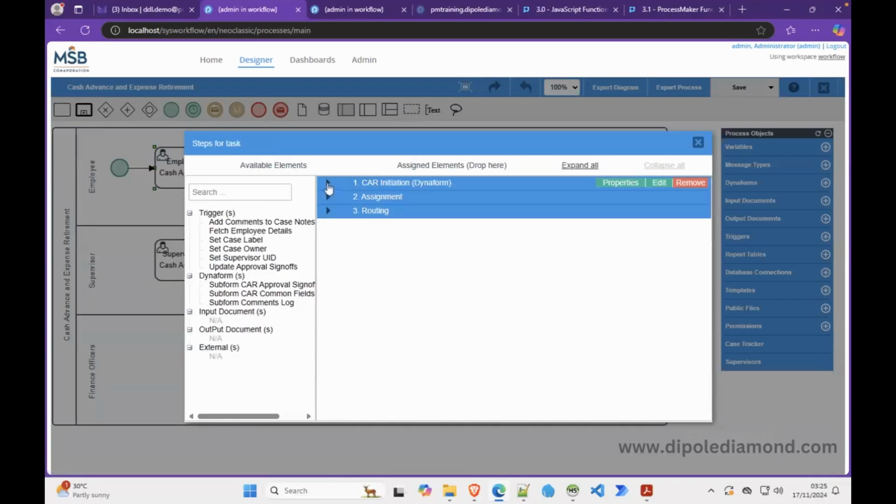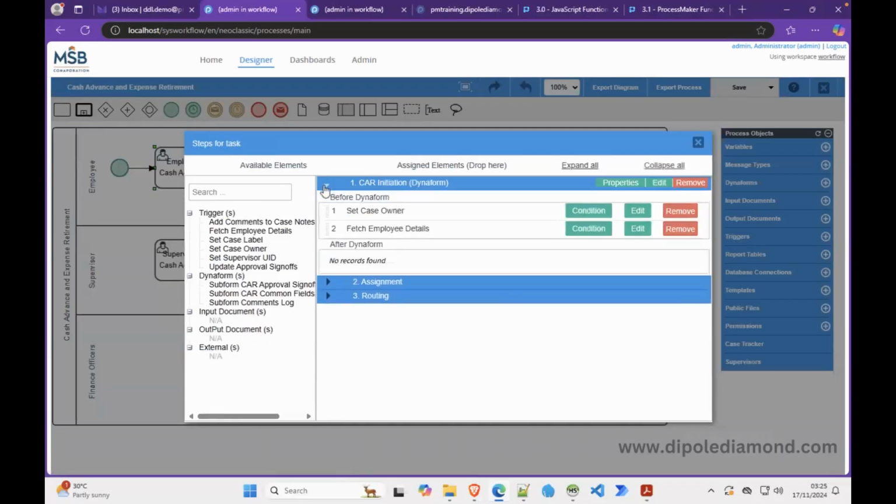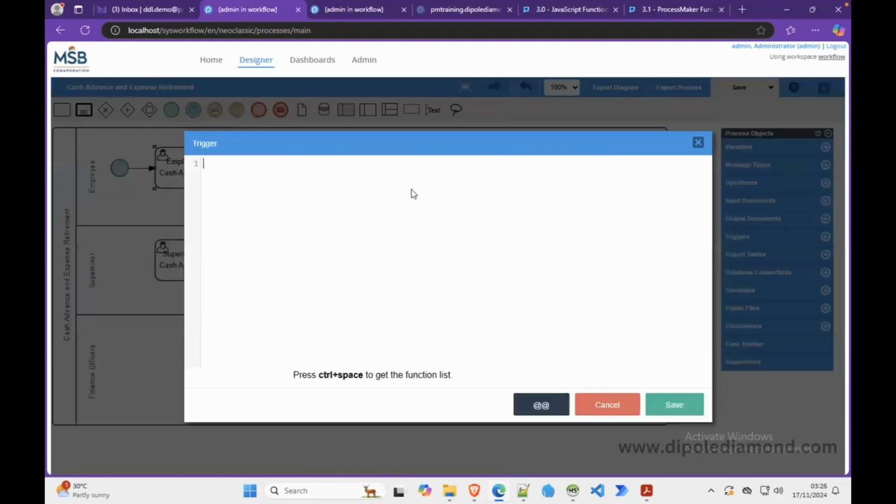We want our case label to hold the name of the employee and the amount they are requesting. So it cannot be before the dialer form. This has to be after the dialer form. Okay. So we can say